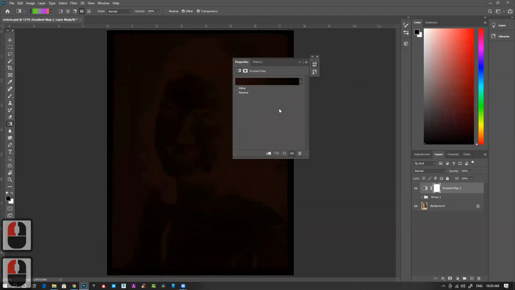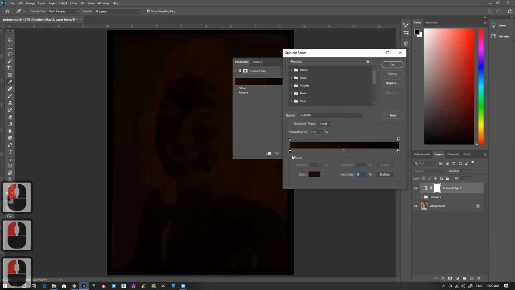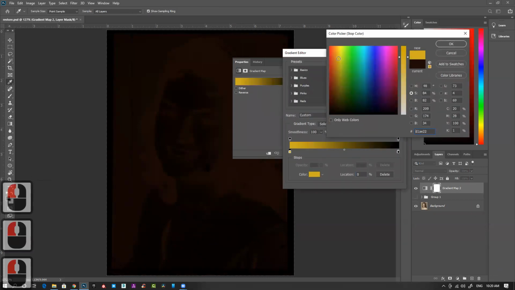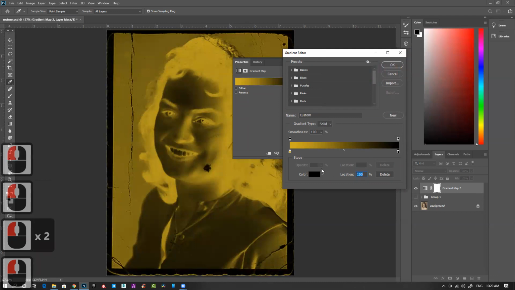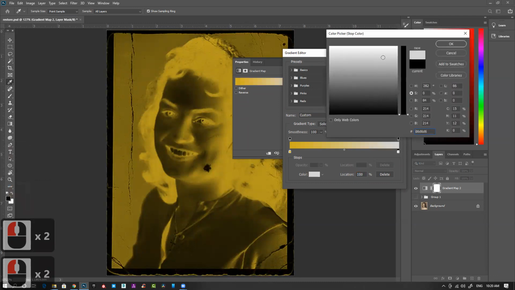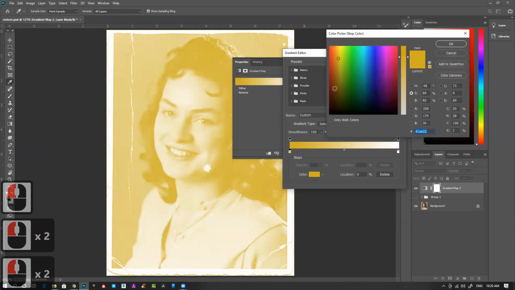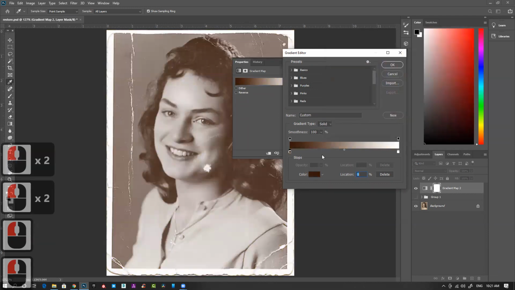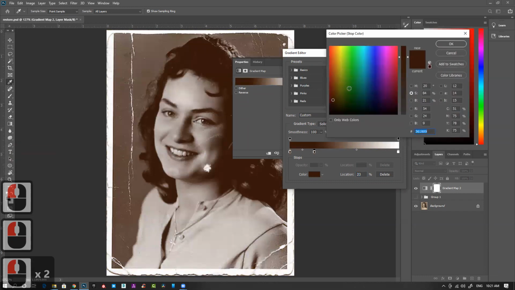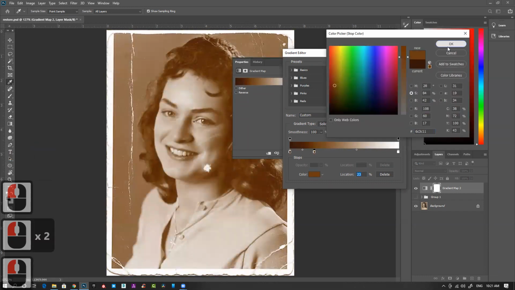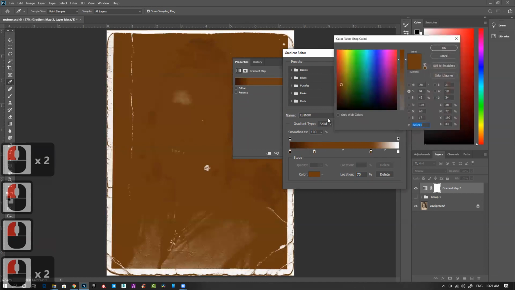You apply this map and then click on this and change all the colors one by one. Dark tone, light tone, and in between I want to modify something, I can definitely do that like this.